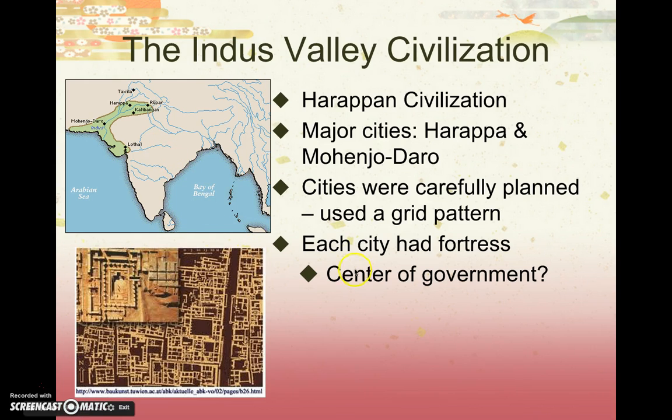Again, this is just a little bit of a diagram of what a planned city in either Harappa or Mohenjo-daro might look like. Some really interesting features here. One is that every city had like a really large fortress that actually was higher than the rest of the city, and so many archaeologists and historians have sort of hypothesized that this could be where the government is located. It has the ability to watch over the entire city. It would be protected in the event of a siege. And of course, there would be a major military presence there. So that's a pretty viable theory.